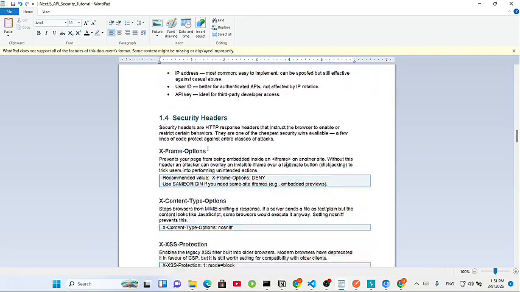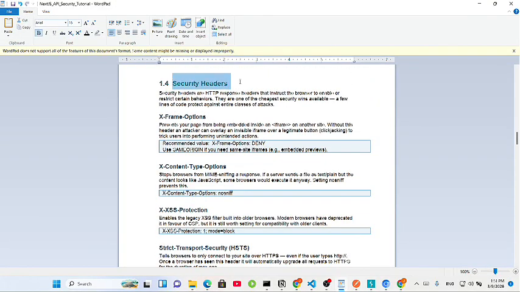I'm going to go ahead and do security headers. Security headers are HTTP response headers that instruct the browser to enable or restrict certain behaviors. They are one of the cheapest security wins available. A few lines of code protect against an entire class of attacks. X-Frame-Options prevents your page from being